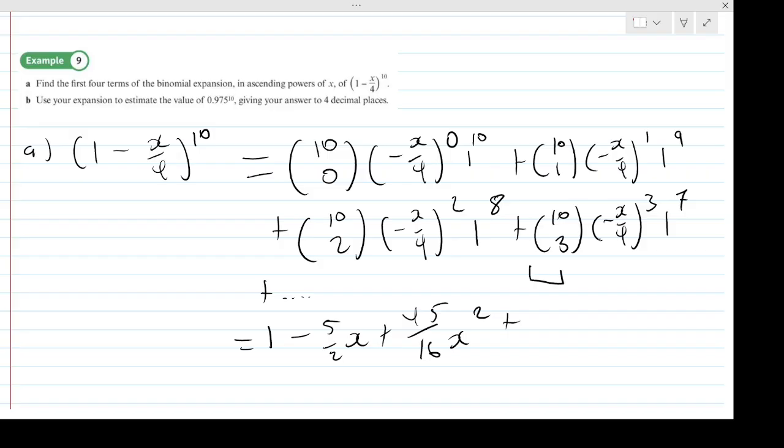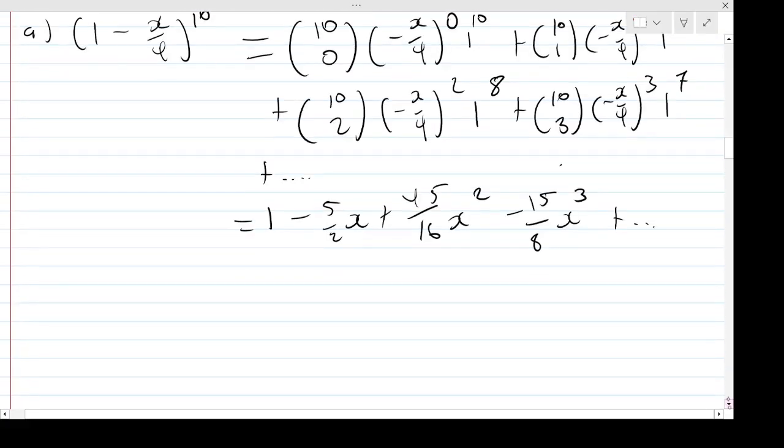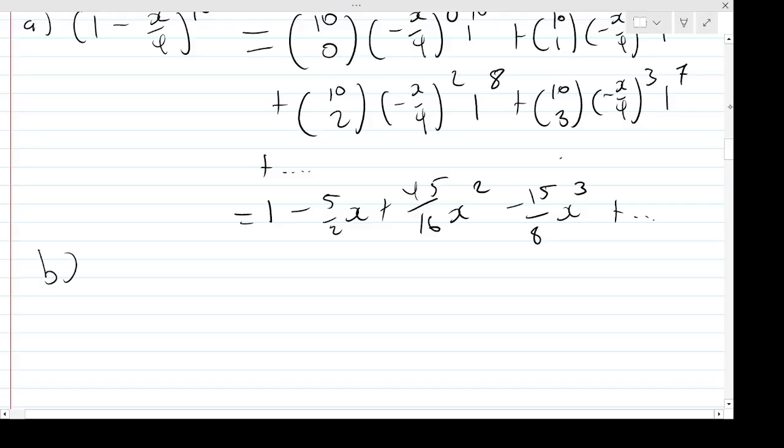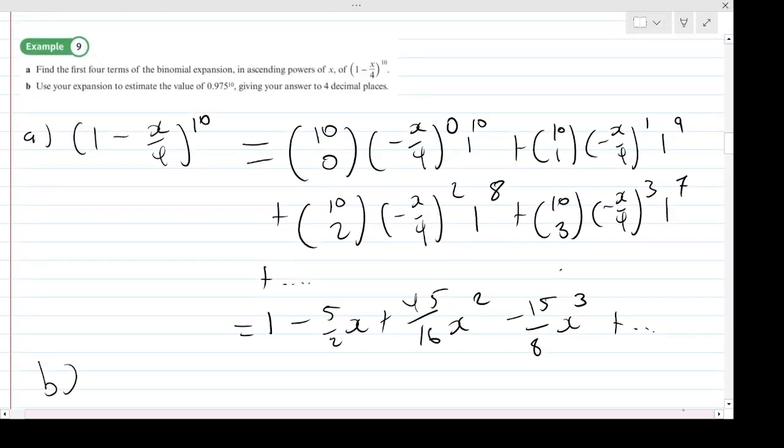Then lastly we have 10 choose 3, which is 120 times minus a quarter cubed, and that will get me minus 15 over 8x cubed. And there we are then. So those are my first four terms. Cool. Okay, fairly standard. Part B then says use your expansion to estimate the value of 0.975